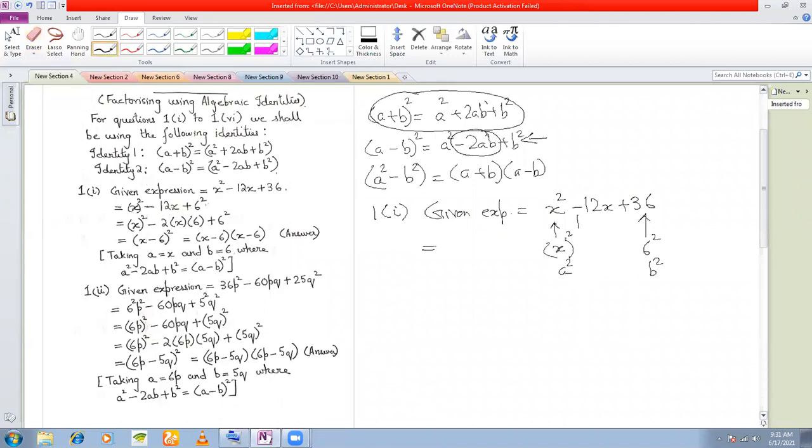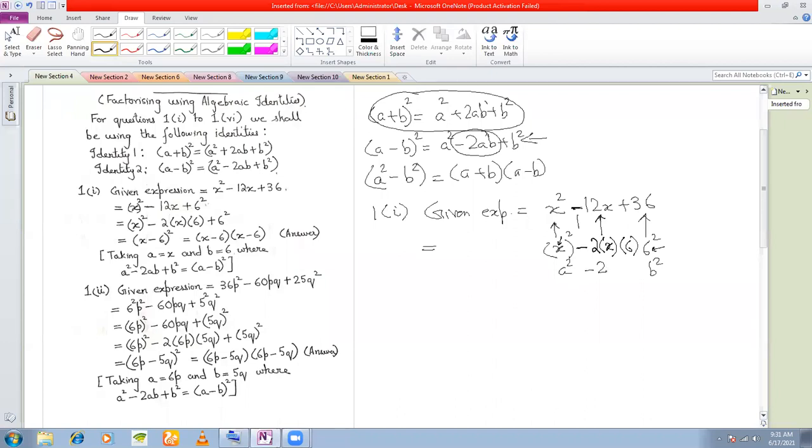So what we'll do here is, because there is a minus sign, we'll give a minus sign. Now the question is 2ab. So we'll put a 2 as it is. Here, which one is my a? A here is x. Remember, a here is not x square. A here is x. 2a, right? And what is b here? B here is 6 and not 6 square. Now you check whether you're getting this 12x or not. Are you getting 12x? Yes, you are getting 12x.